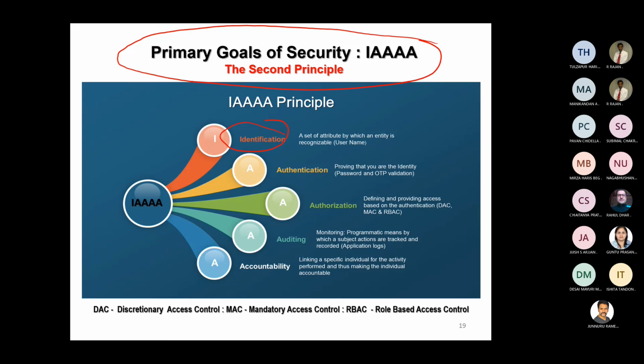Gone are the days where employees were asked to report only to a physical location, and each person was given a physical device. From the physical device, the person who is connected to the network was allowed to enter into the system after feeding a unique username and a password.